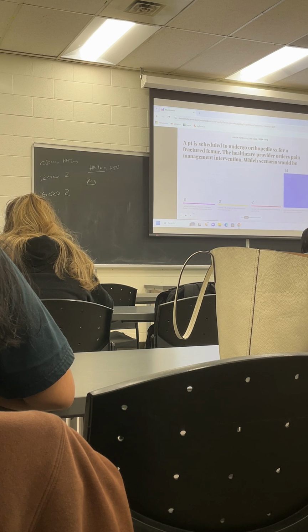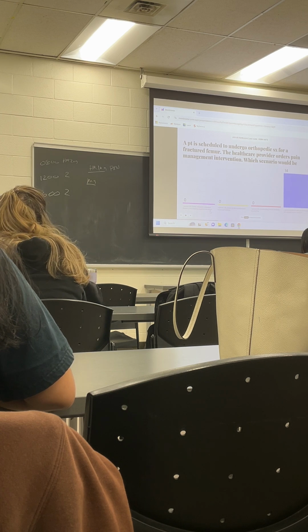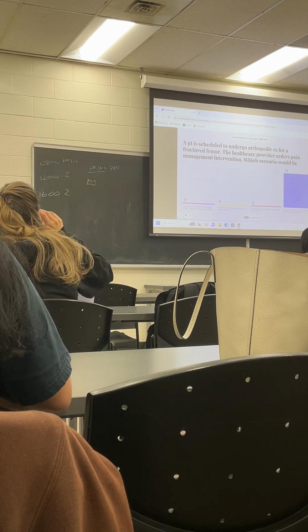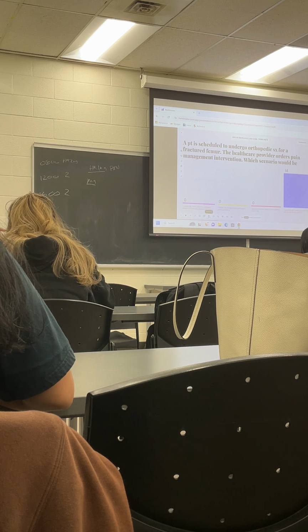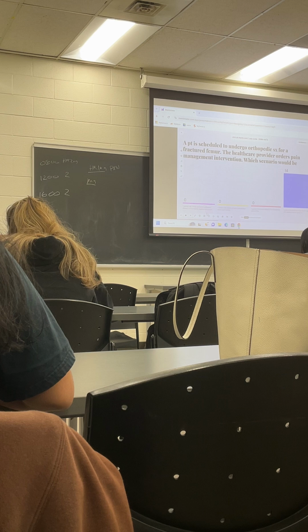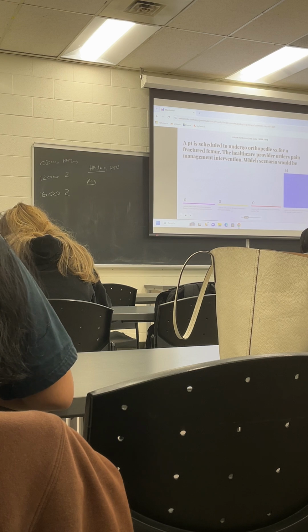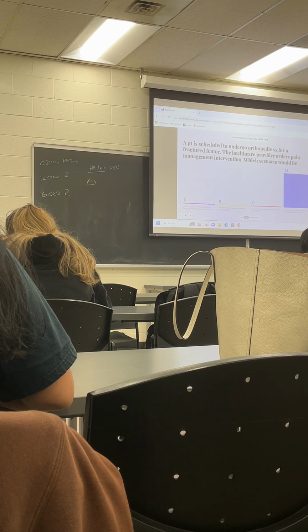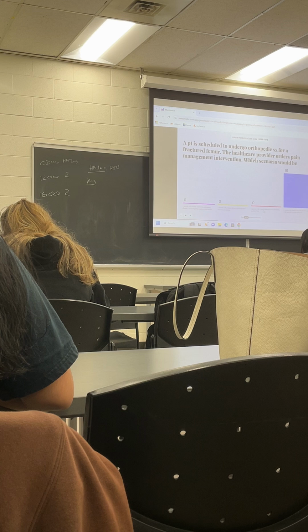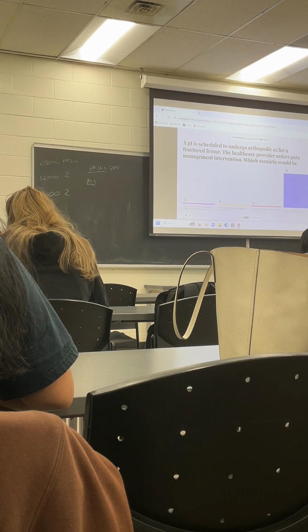Answer A is a patient with COPD requiring supplemental oxygen. Well, it has nothing to do with PNB, right? It doesn't contraindicate, nor does it indicate it. So we can just leave that on the side. B is a patient with a history of severe post-op nausea and vomiting. Again, that's not really a reason for a PNB. C is a patient with a known allergy to local anesthetics used in PNBs. Obviously, we're going to avoid it.